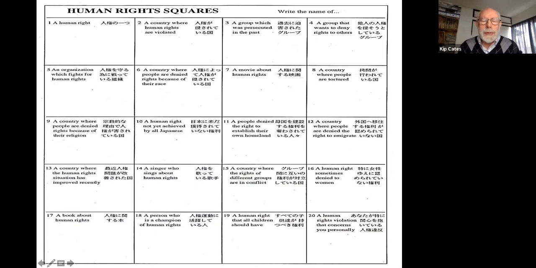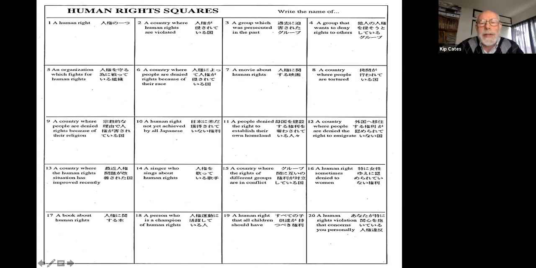Put students in groups, 3 or 4 is good. Handout, Human Rights Squares. As you can see, there are 20 squares, and each square has a different topic. Topic number 1, a human right. Topic number 2, a country where rights are violated, and so on. And students' task is to write 1 example in each square. So you say, I'll give you 5, 10 minutes in your groups, brainstorm, and write 1 example for each topic